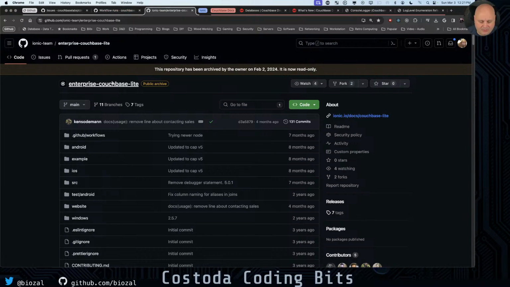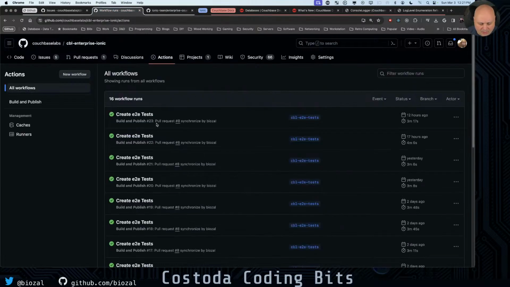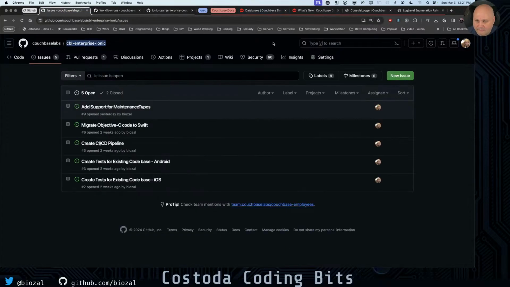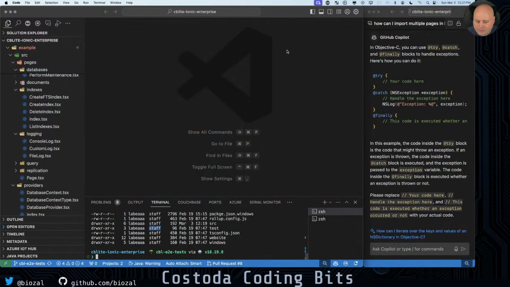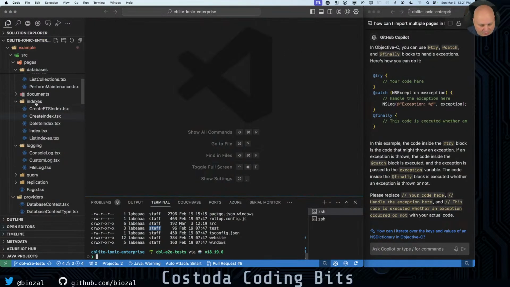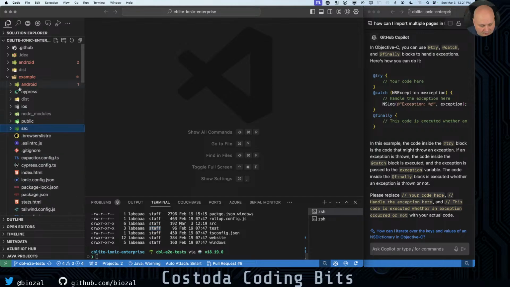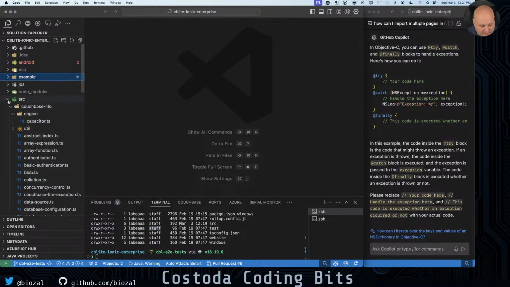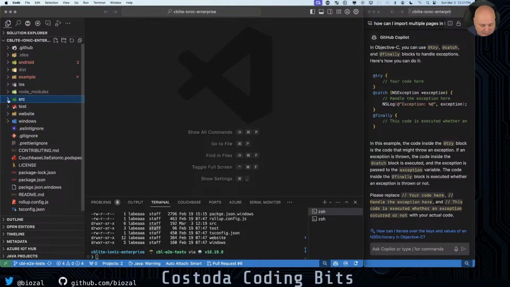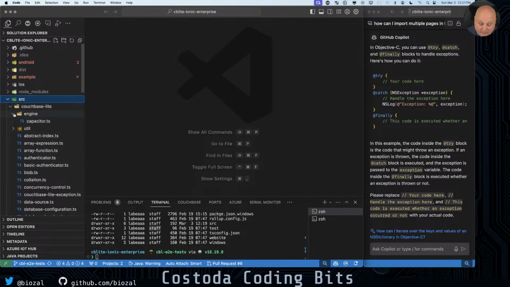So I've forked it and moved it over to a new home, and I've got some workflows running on it to guarantee that the code builds, but there are no tests. There are a lot of things missing in it. So I am going through to improve the quality of life of this thing before we ship a first release for people to start using, right? So that's what's going on here. The folder structure: this example app is here, and there's a source folder, which is the actual plugin code itself,